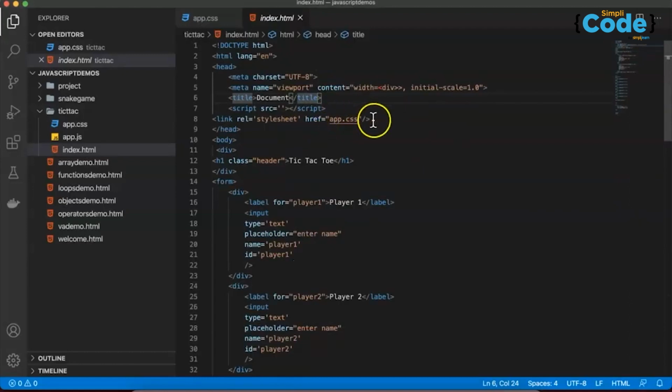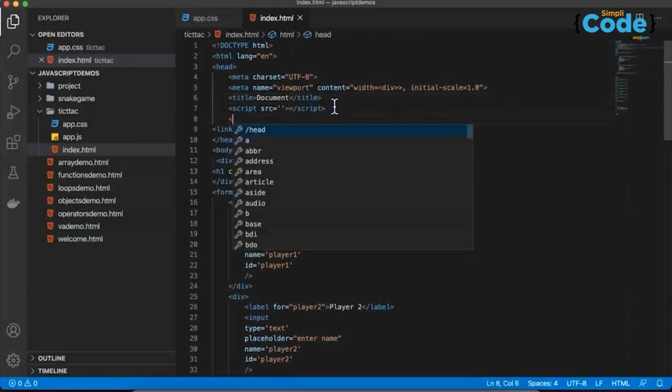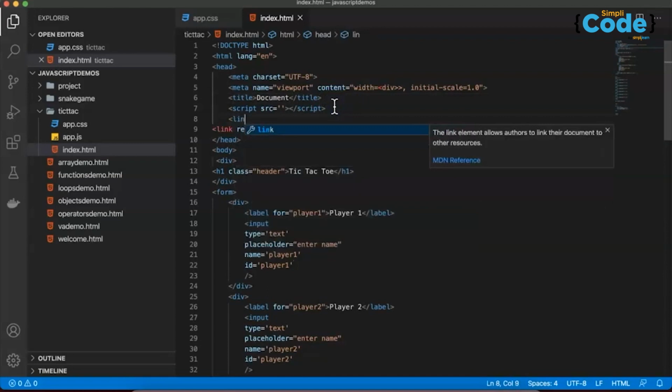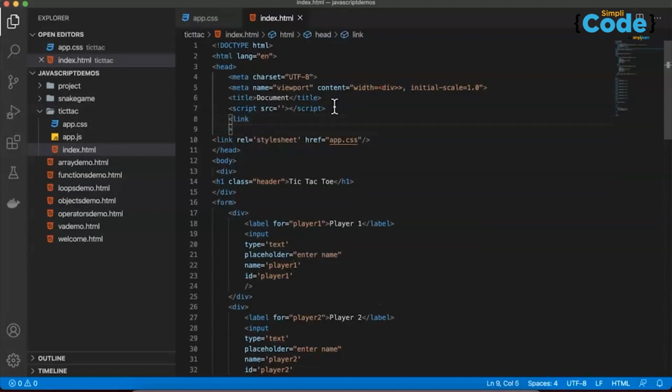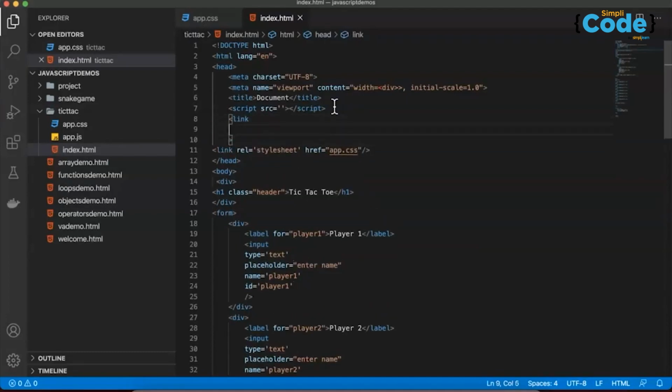So here, where we have our CSS, before that we want link. So within this link, we want one variable called href equal to, now we have to give the proper location by saying